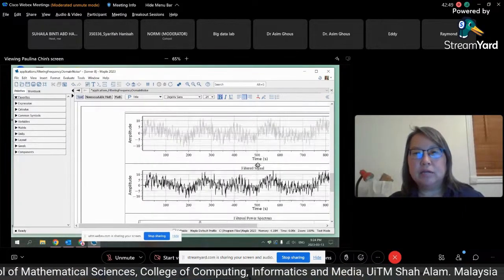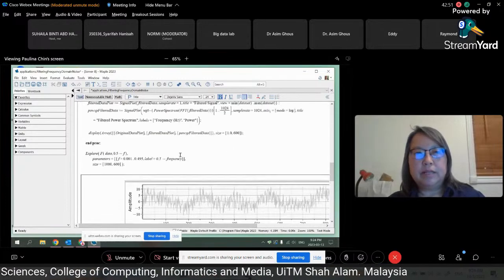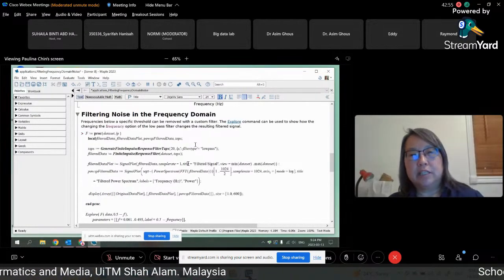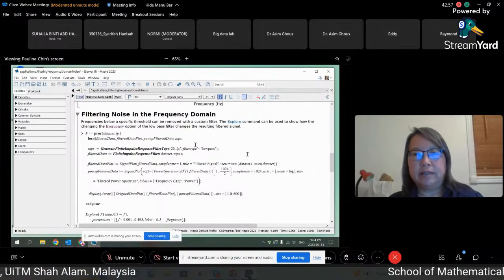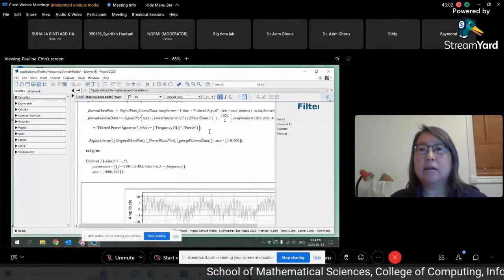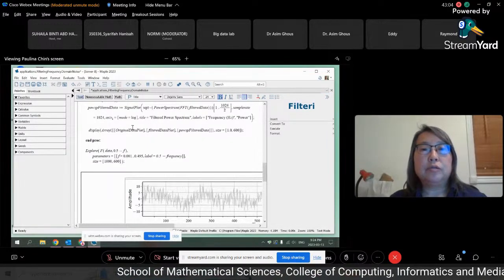So this whole thing was really created with this one command, where F was a procedure defined ahead of time. And of course, you can also use the context panel to